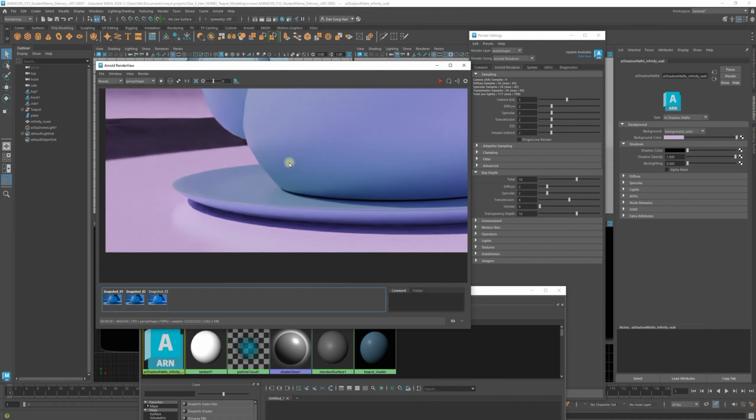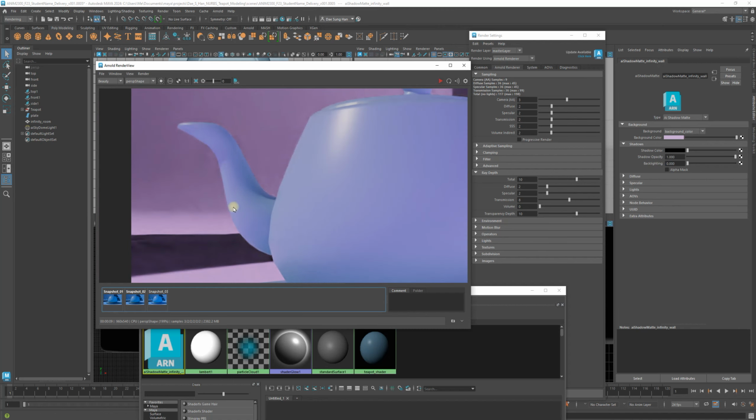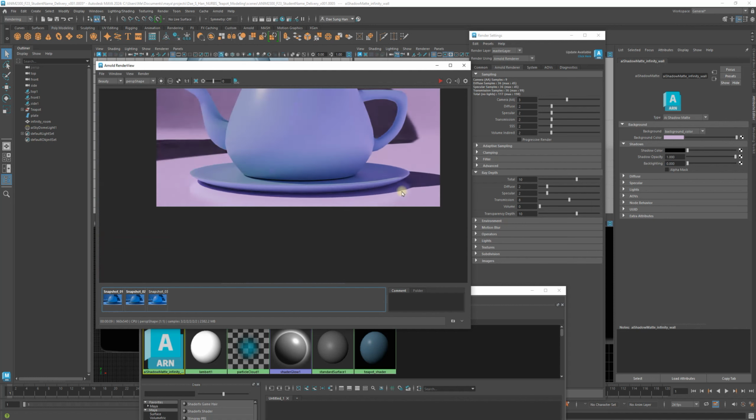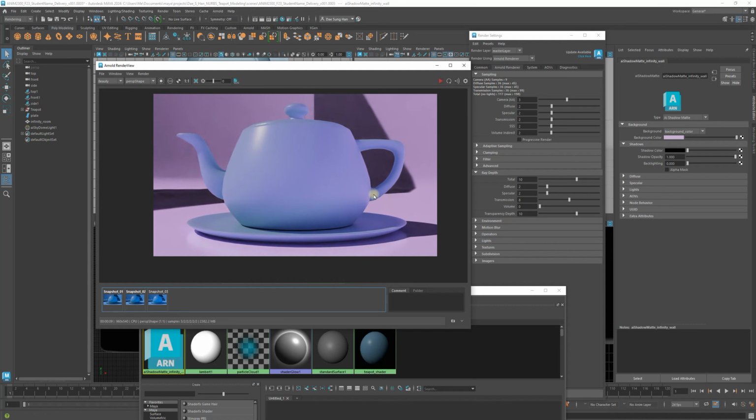See that color bleed? And over here and over here, a nice color bleeding into this next object, and over here, right? All of this secondary color bounce, light bounce, is caused because of